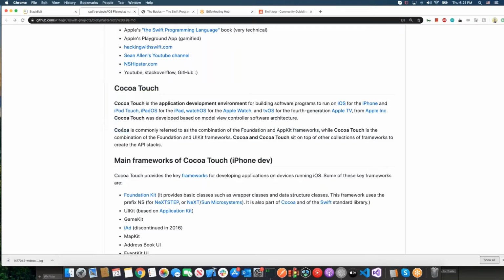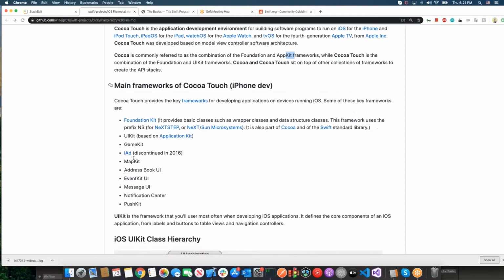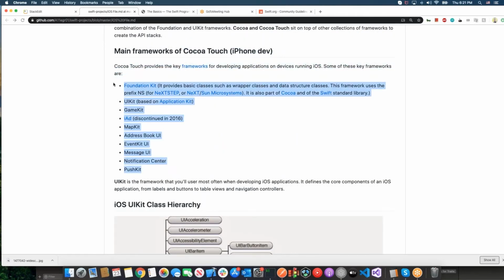Foundation has all of your major classes, and then Kit has all of your elements like buttons and labels for that particular platform, because developing for macOS and iOS is actually quite different. All right, and then Cocoa Touch has lots of ways to connect to native APIs. So you can connect to your address book, you can connect to your calendar, you can send messages through iMessage,